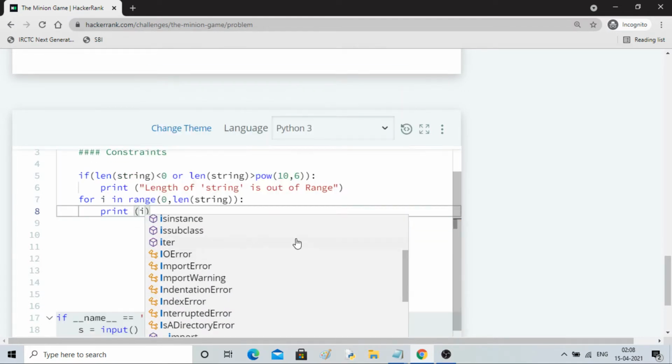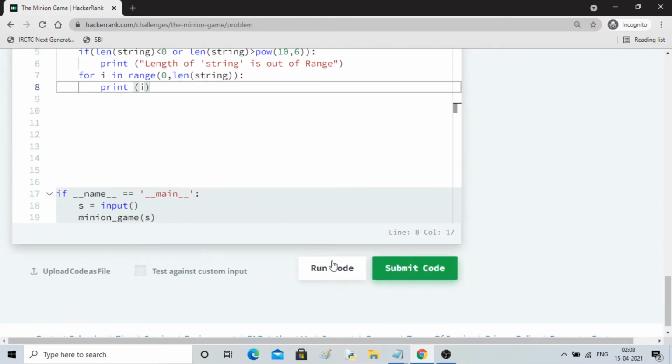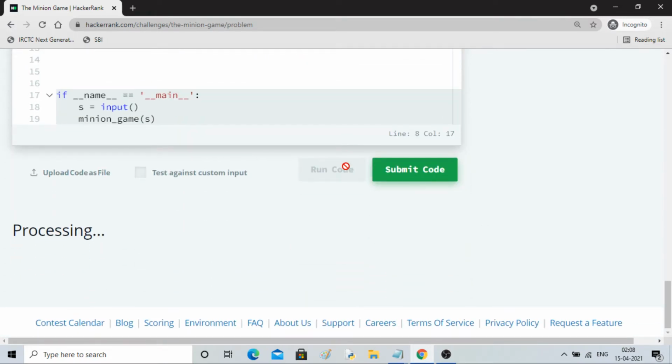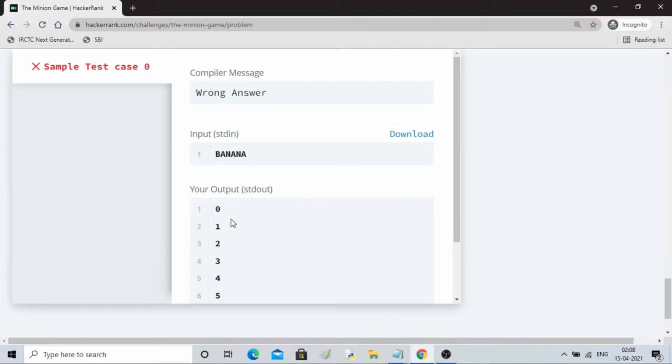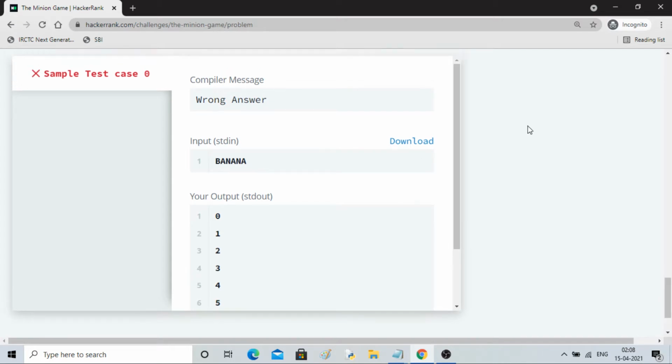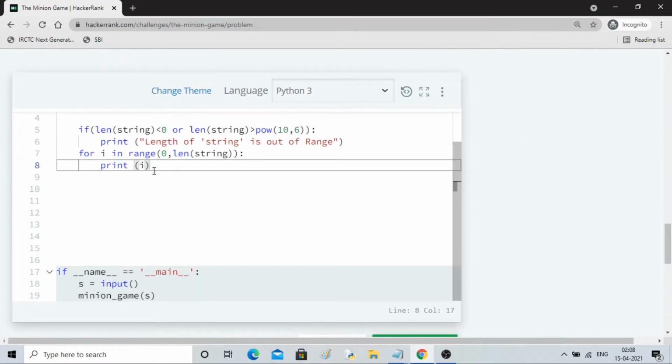I, so let me run this. So I is starting from 0 to 5: 0 1 2 3 4 5. Okay, so what I'll do inside is I'll check for each variable.